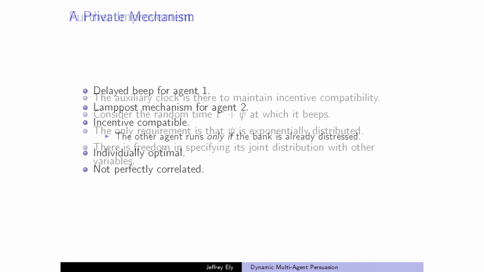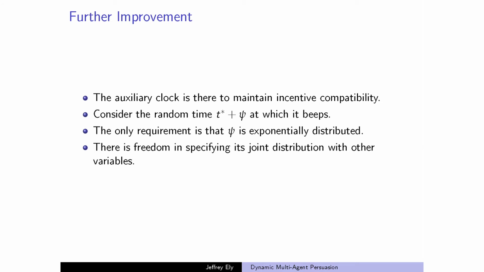So the reason is that this auxiliary clock was serving one purpose, okay? But that purpose only constrains it in one way, and there's freedom to specify its correlation with the other variables to get more negative correlation. That's what we're trying to get out of this, okay? So in particular, the clock is there to make sure that this guy, agent 2, is not having his beliefs drift above P star when a lot of time passes. Okay? The key condition of that is that